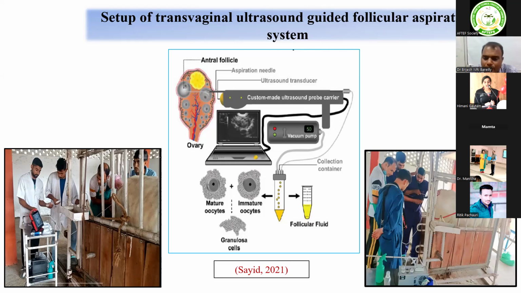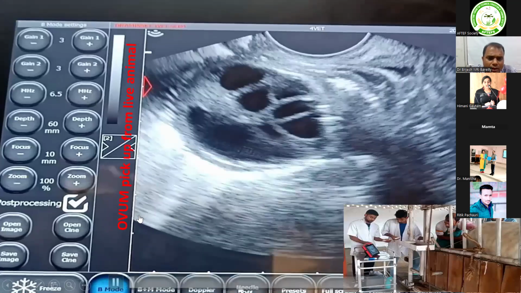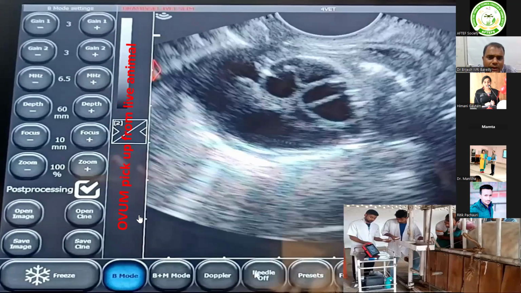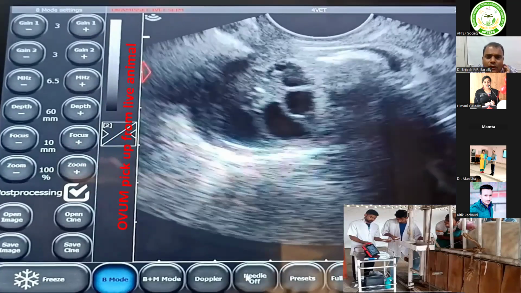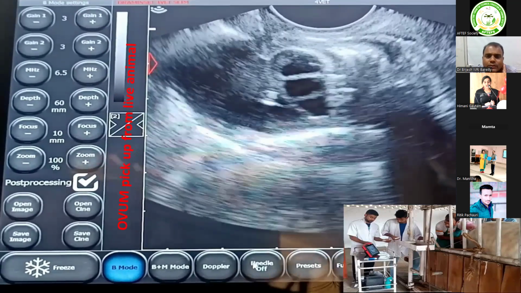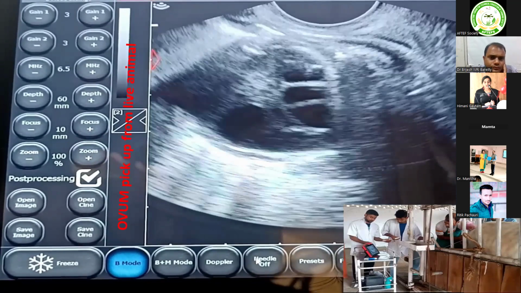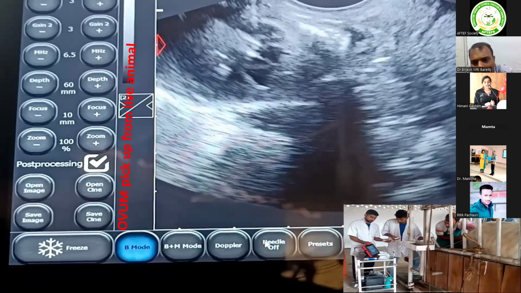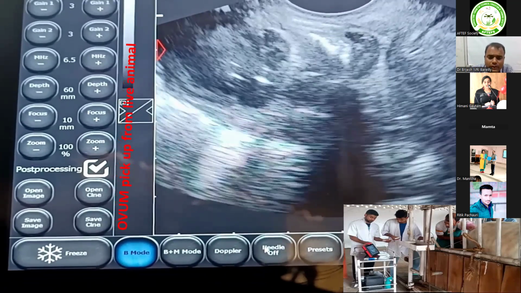So, if you see how we are aspirating, from a live, partially stimulated Sahiwal donor, we are aspirating the follicles, and that follicular fluid is taken to the lab, and we will grade these oocytes as grade A, grade B, grade C, and accordingly we'll put them for maturation over 24 hours. Thereafter, we'll evaluate the